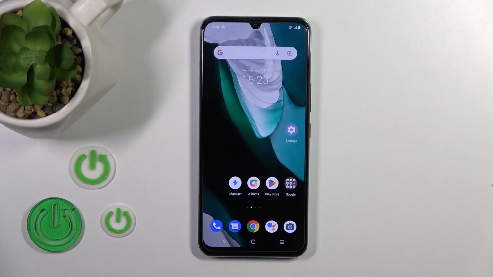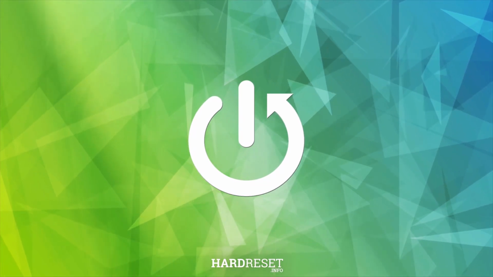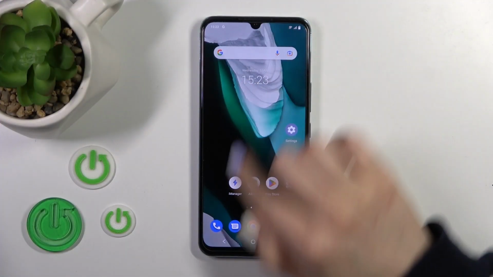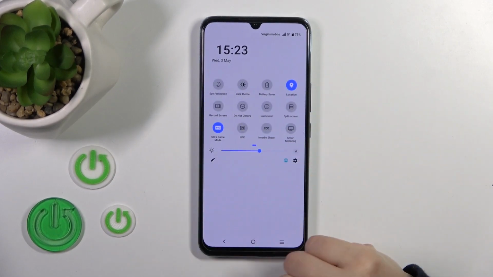Hi, today in front of me is the VIVO IQOO U5X, and I'll show you how to edit notification panel shortcuts on this device. So open the control panel first, and to add some options here, remove some of them, or just